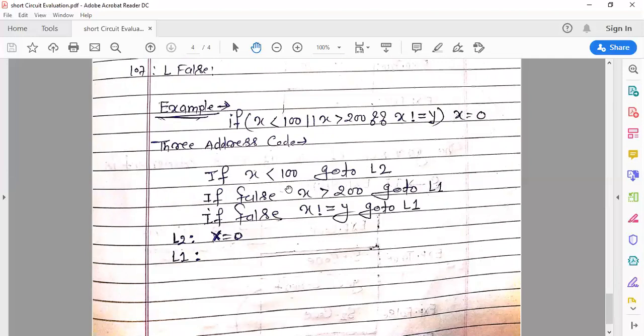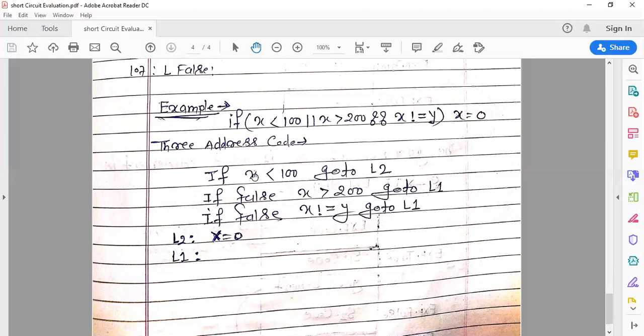If x less than 100 is true, we need not evaluate the expression after the OR. But if this statement is false, then we have to evaluate the expression because it may be true.